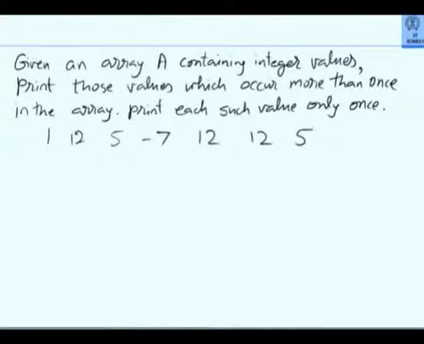I will take each number separately. I will call it, say, element E. And I will see if E is there. Now somewhere it has to be there because I have picked it up. But I will scan the entire array. If it has occurred only once, count will be 1.